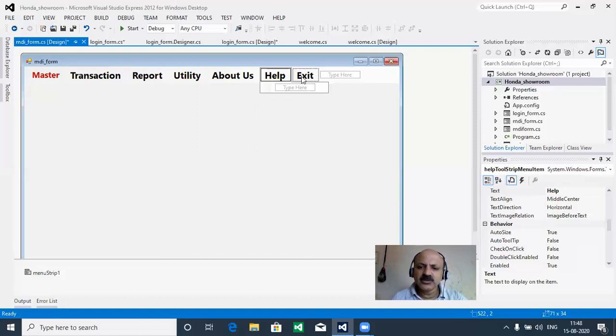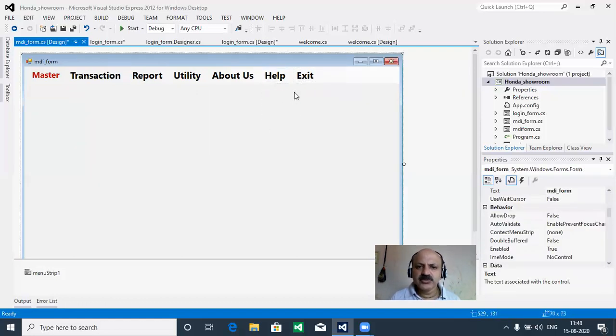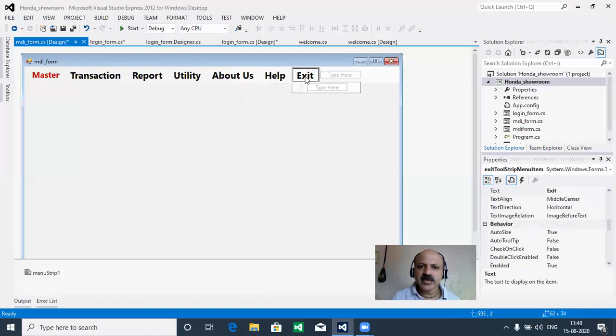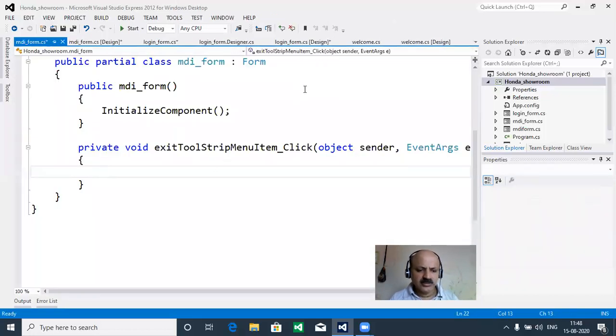And exit you have to know. First we can take the exit coding, so directly here we click. According to our requirement, you can see the click event is open. Here we can give "Are you sure to quit".